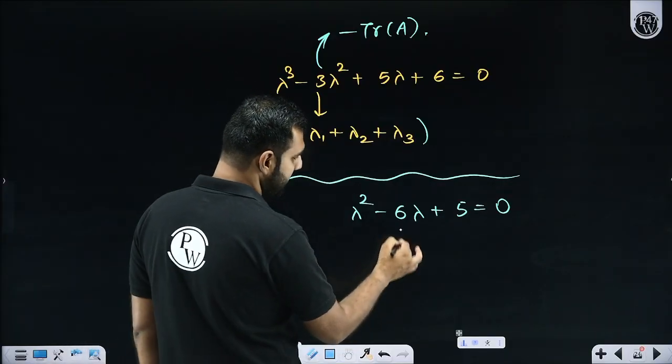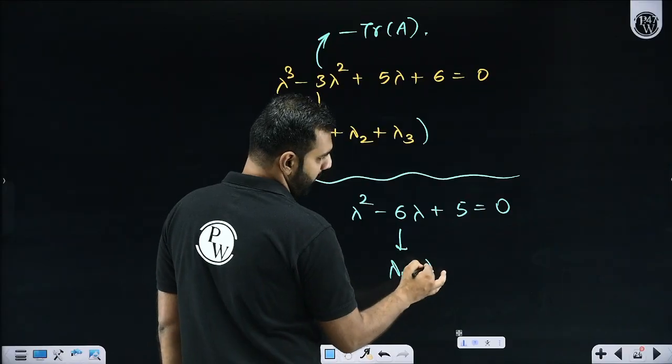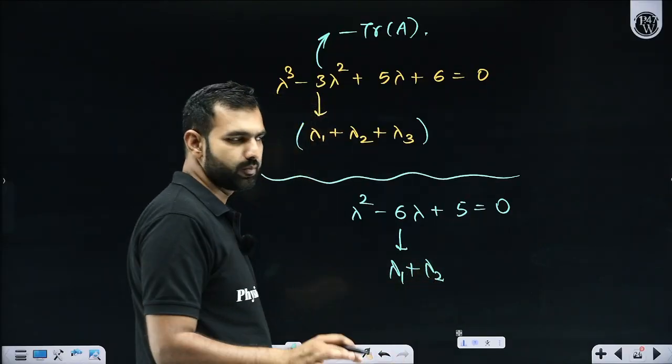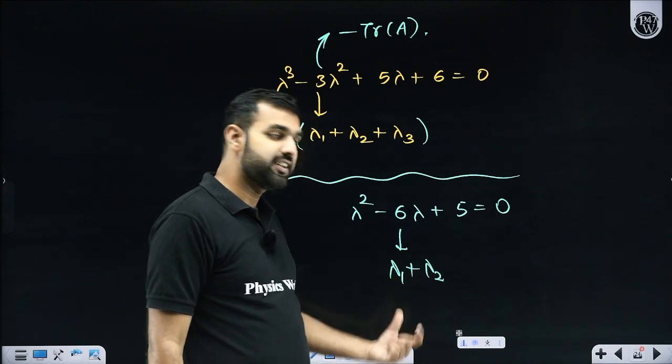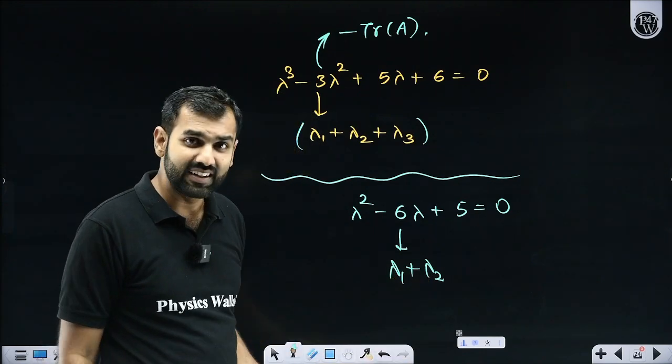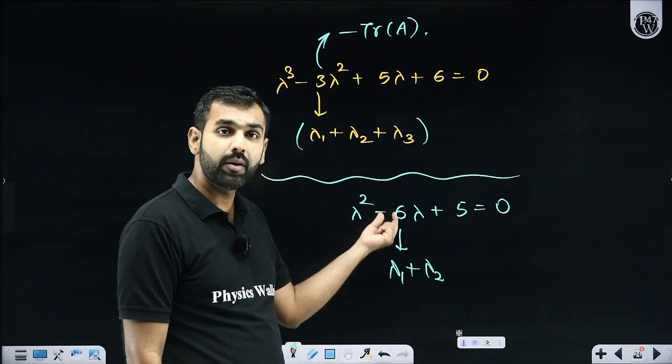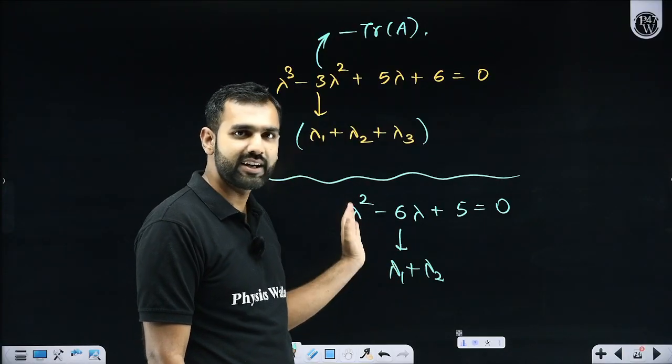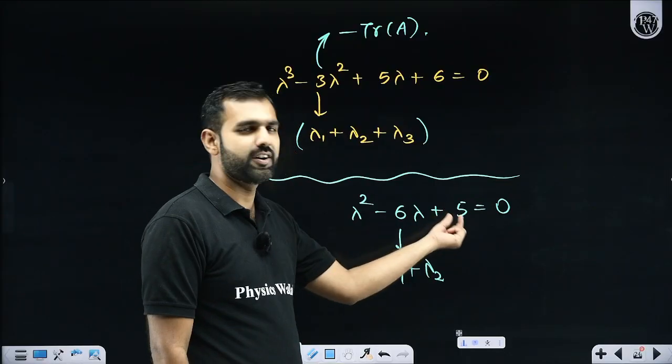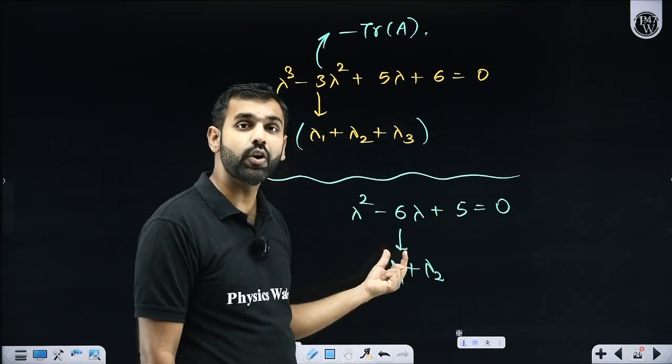So what I know is that this minus 6 is nothing but what? Sum of the roots, lambda 1 plus lambda 2. What is it? Product of the roots. But forget that. I am more interested in the sum of the roots. But the short technique says, sir, here it is determinant of A, yes or no, with the negative sign. Sorry. This is determinant of A. What is it? This is trace of A, yes or no?